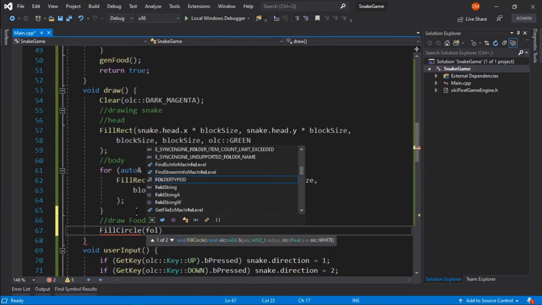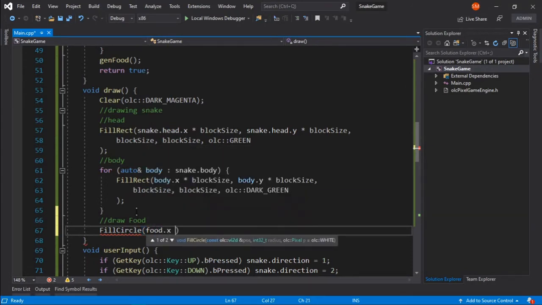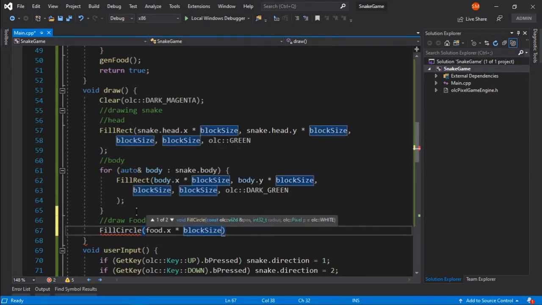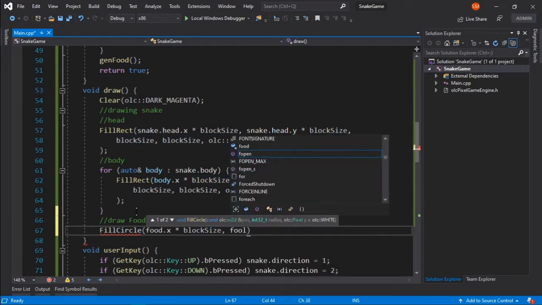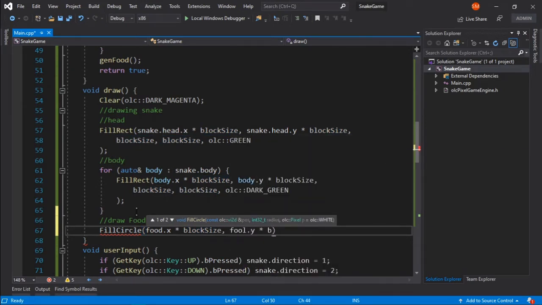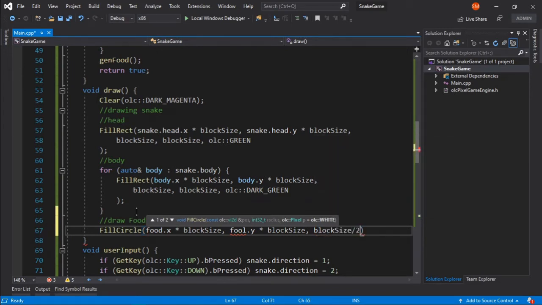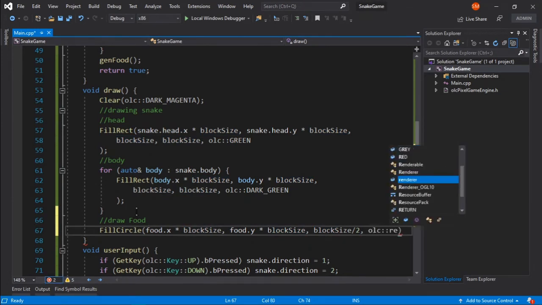So it will take food dot x times block size, and then food dot y times block size, and also it will have a radius of block size by 2, I guess. We'll just check this. If it doesn't work, we can fix this easily. And I want it to be red, so I'll say OLC red.